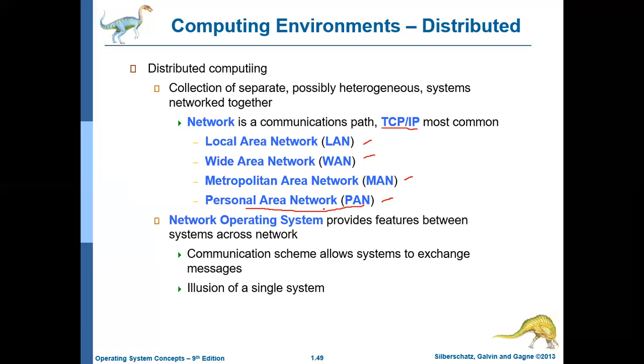These computers will use a special operating system called a network operating system. It may have a client version and also a server version. The server computer will be running a network server operating system, and the client system will be running a network client operating system. Like this, the communication happens between these computers.